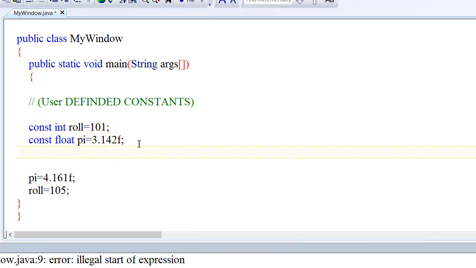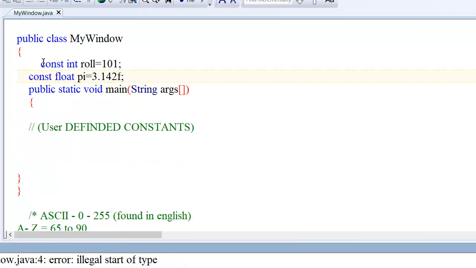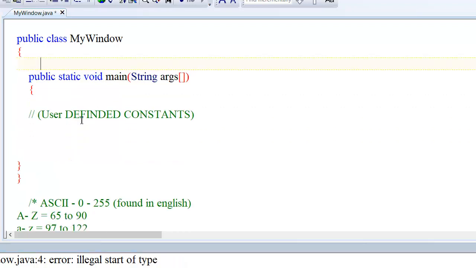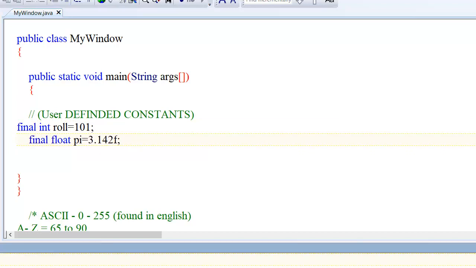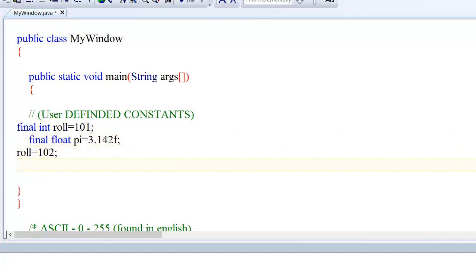But if I define int mark, then we can also define it as a final keyword. Yes, we also cannot change the value of final: roll equal to 102, we cannot do this.